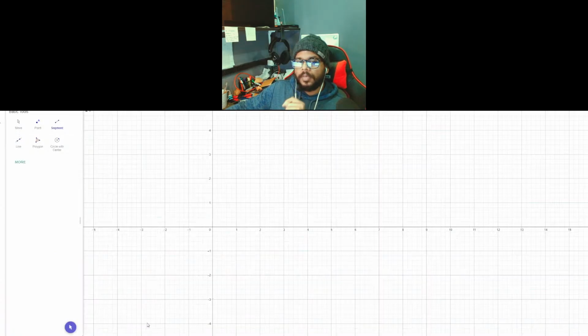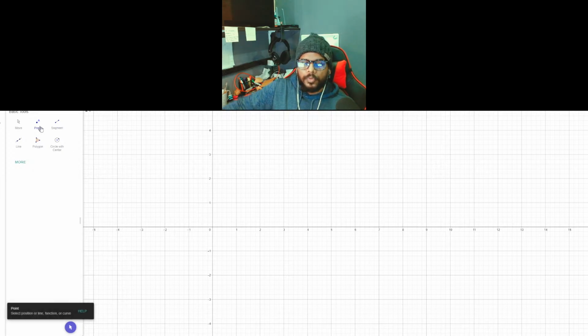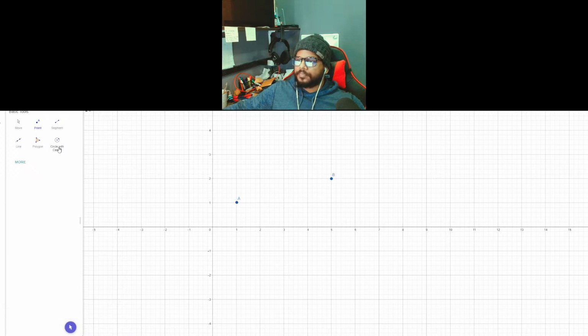Now, I want to talk about this definition called a line segment. I'm going to draw 2 points here, right? I'm going to join the point A and the point B. And I'm going to connect A to B. So you see A to B has a start point and an end point. AB is referred to as a line segment. A line segment is part of a line,